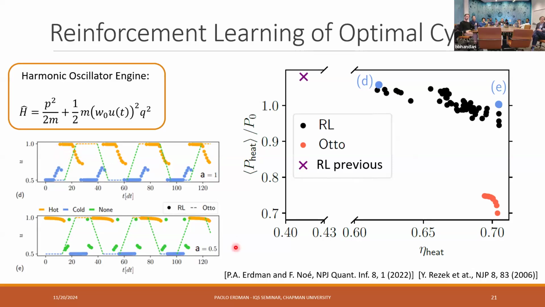And these are actually very similar to what was proposed here in the literature and what they call autocycles. So an autocycle would be this trapezoidal line shape where you have a hot bath and you keep the control constant, then you do an adiabatic stroke, and then you do an isothermal stroke and so on. So what the agent finds are solutions that are very similar qualitatively, but there are some additional features that allow us to have this kind of higher power. So these red dots would be the autocycles. So we can match the same efficiency, but we have some power advantage by doing these additional features.